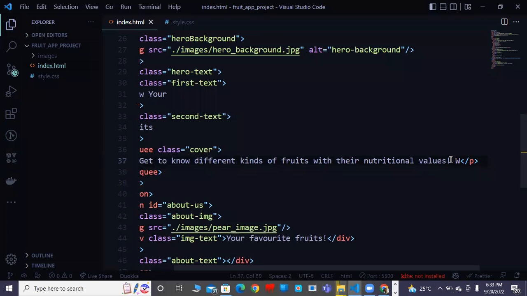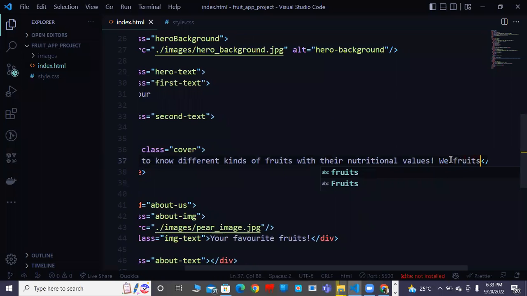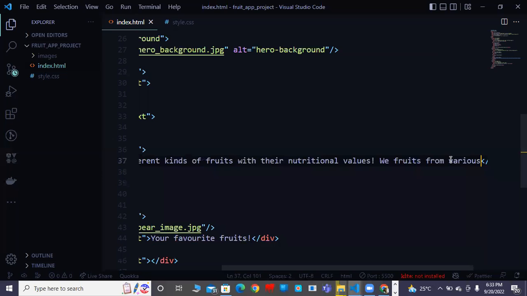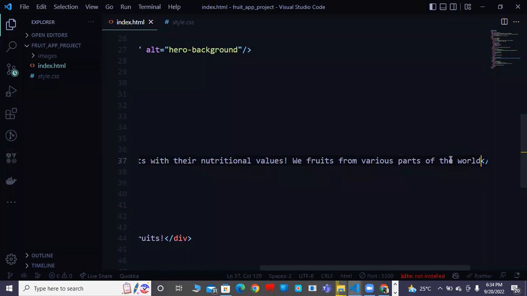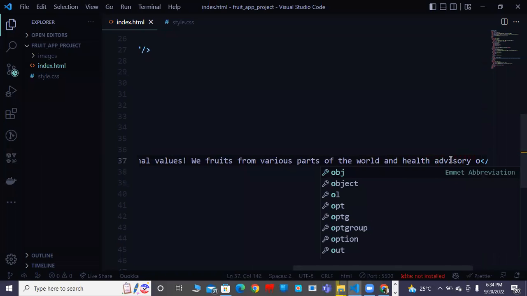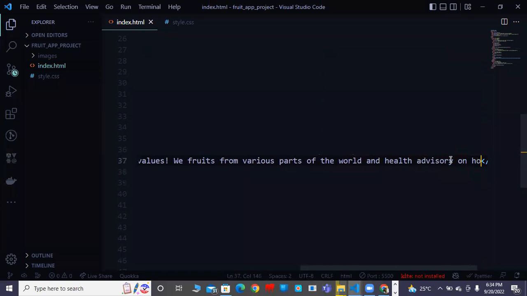We have fruits from various parts of the world, and health advisory on how you can select your fruits to suit your health, to suit